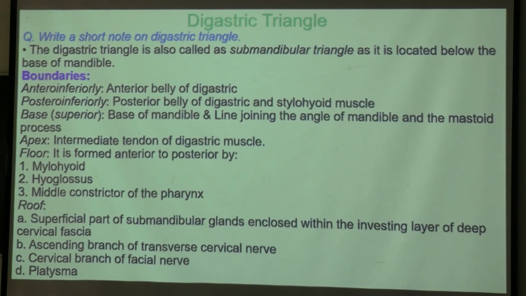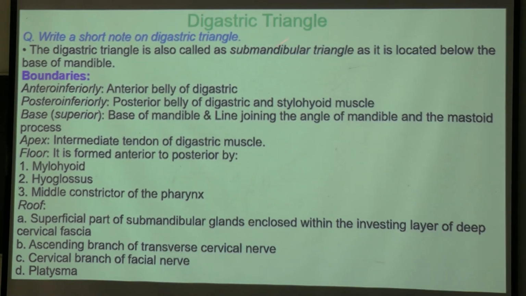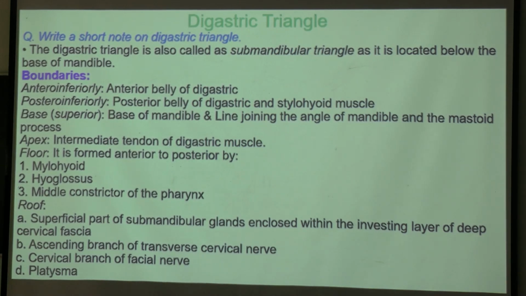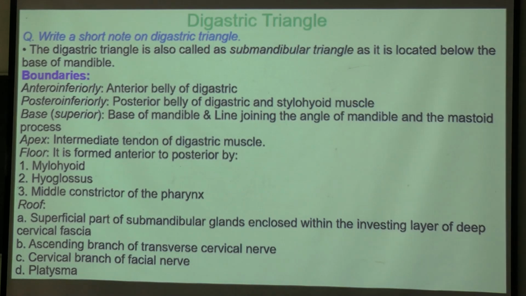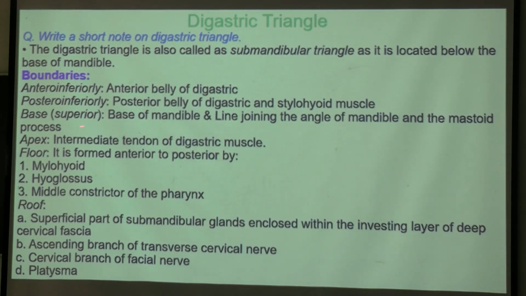Next we are going to the next triangle, the digastric triangle. It is also called the submandibular triangle as it is located below the base of the mandible. Here lies the submandibular gland, a salivary gland. Boundaries are anterior-inferiorly by the anterior belly of digastric, posterior-inferiorly by the posterior belly of digastric and stylohyoid muscle. And the base is lying superiorly, formed by the base of the mandible and line joining the angle of mandible and